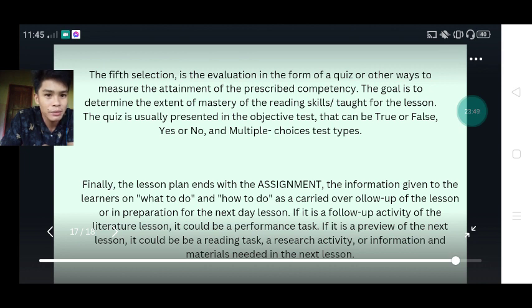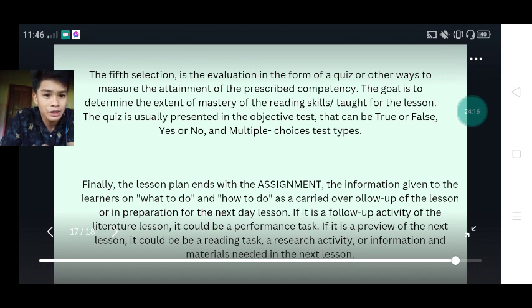The goal is to determine the extent of mastery of the reading skills taught for the lesson, as what I've said. The quiz is usually presented in an objective test that can be true or false, yes or no, and multiple choice test type. Inani nga form of quizzes imuhang ihatag sa imuhang students.